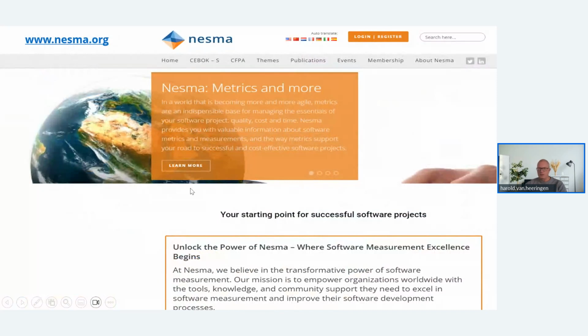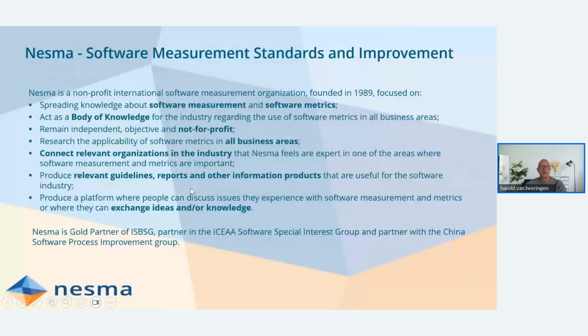NESMA is a software measurement standards and improvement organization, where we have been around for a long time, founded in 1989 and focused on measurement, metrics, and application development, maintenance and support, all kinds of software-related areas.